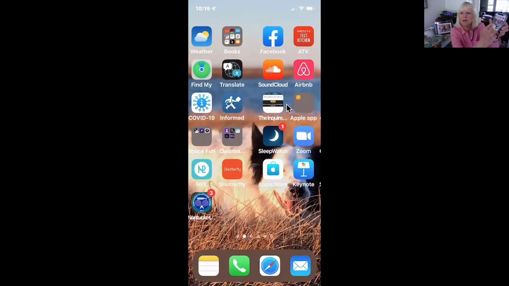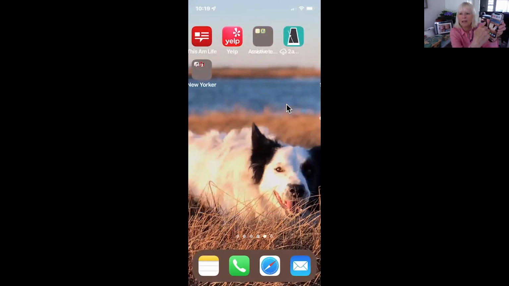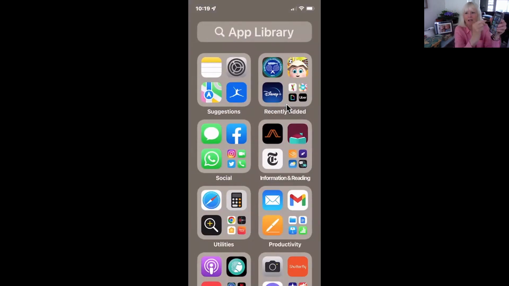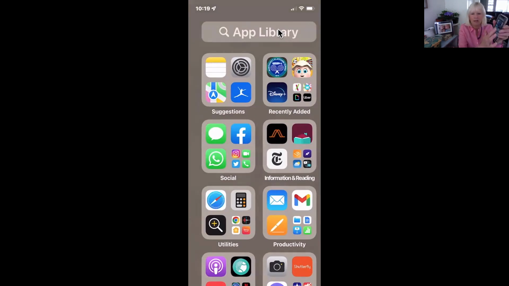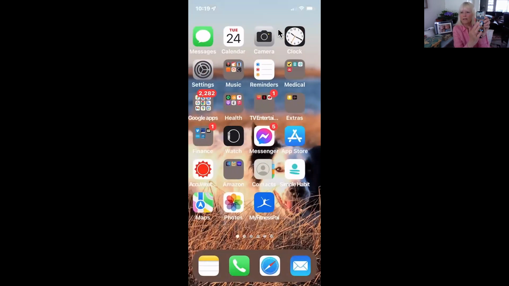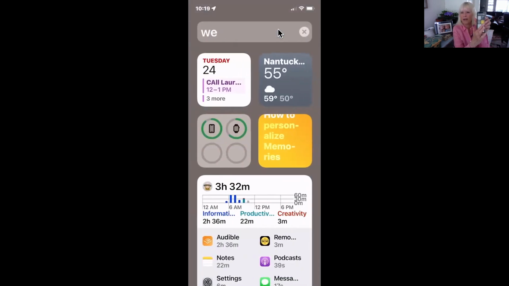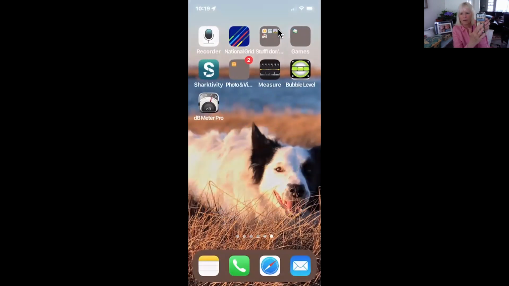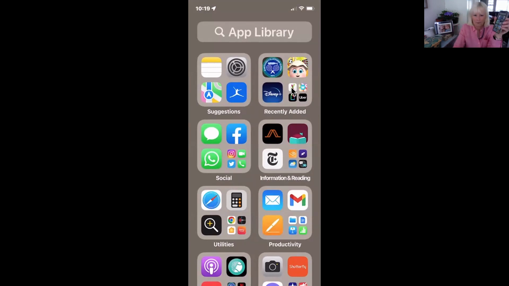You would continue to scroll all the way. I'm going right to left on my screen. And you get to this place called the app library. How you do it again is you're just scrolling. I'm scrolling back left to right all the way. And now I'm going to scroll right to left all the way with my finger. And I'm at the app library. And this first screen that you see